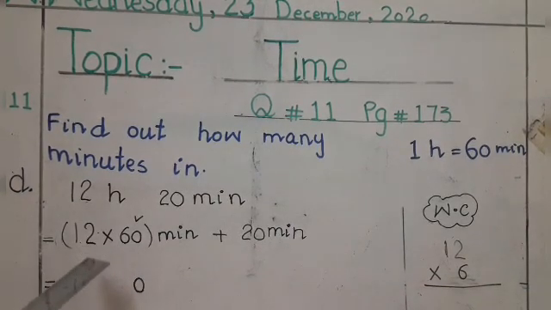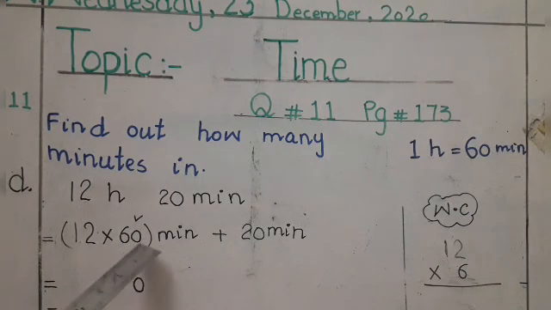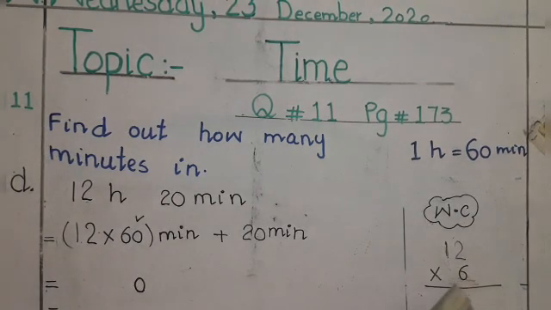Students, as you know that both of these are greater numbers, and if you feel difficulty in longer multiplication, then as I told you in my previous lectures also, when you multiply any digit with a number which has 1 zero, 2 zeros, 3 zeros, you will move the zero to the answer, and there are now 12 multiplied by 6. So we will multiply 12 by 6.